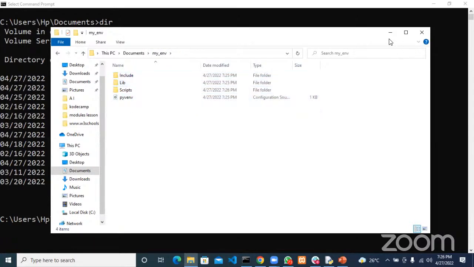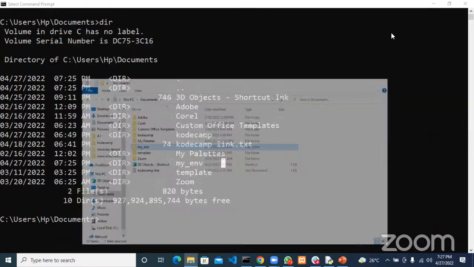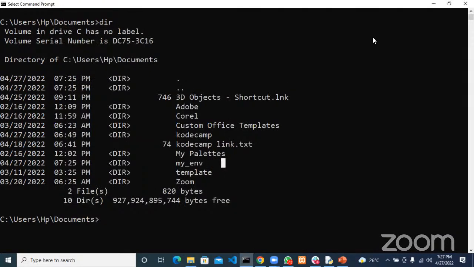So we don't have to edit anything in the folder, because Python has arranged this folder in a way that it can be used. So we leave this folder as it is. So if we go ahead and do a pip list, okay, if we do a pip list,